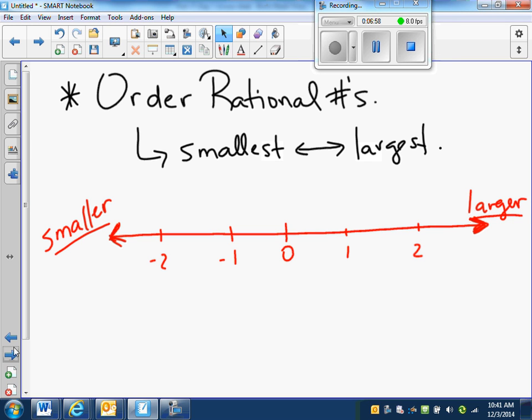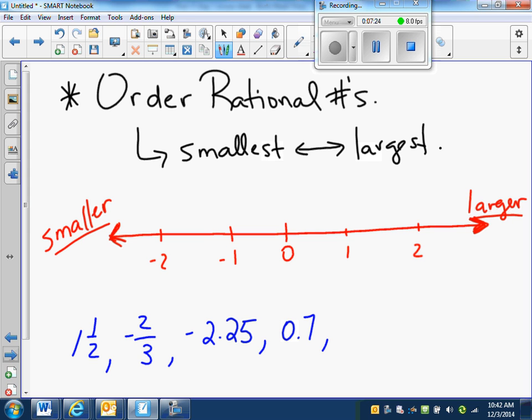Now if we were to place a couple of numbers on here, say 1.5, -2/3, -2.25, 0.7, okay, one more, -3/4. Cool? Okay. If we had these 5 numbers and we had to kind of order them, a number line